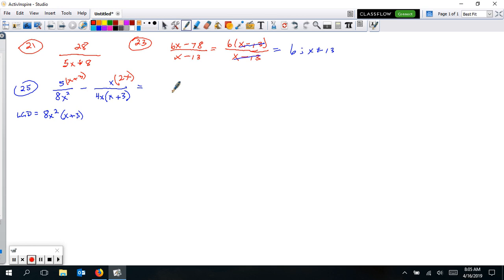5 goes into this with the distributive property, so I'll put my first fraction here. That's going to be 5x plus 15. And then I'm going to keep this all in one big fraction because I'm going to put this down next. So this is a negative x. You may want to make that a plus and make this a minus x so you don't forget that sign. Negative x times 2x is negative 2x squared. So negative 2x squared, and it's all over the common denominator, the LCD, which is the 8x squared and that